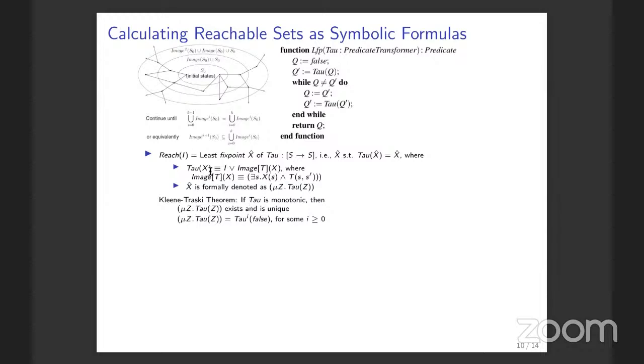So I want to observe. There are several fixed points. The reason that you want to insist on the least fixed point is because you want to accumulate only the reachable states and nothing more and nothing less, and that's why. So I asked this question: what are some other possible